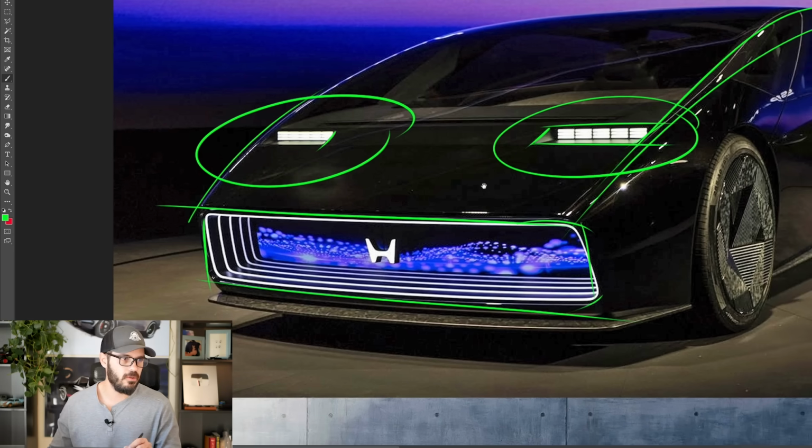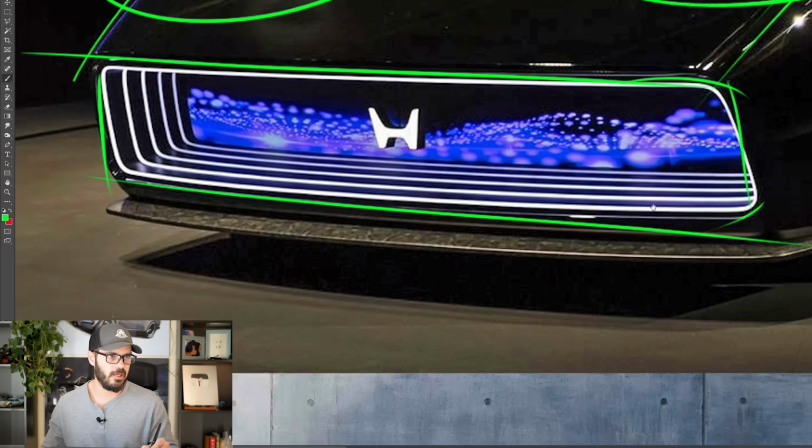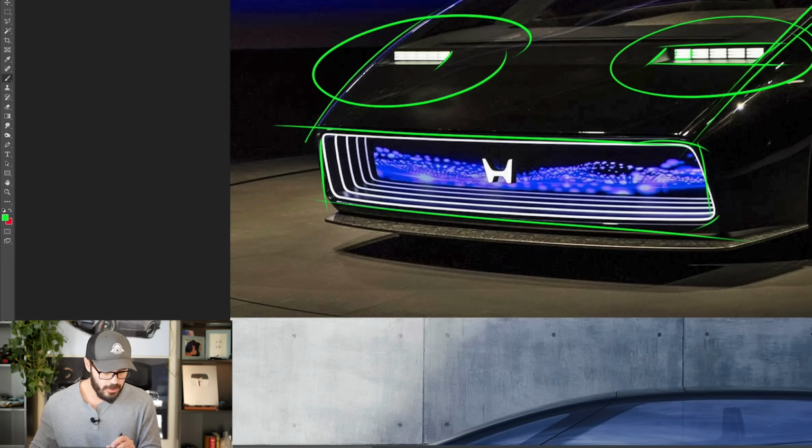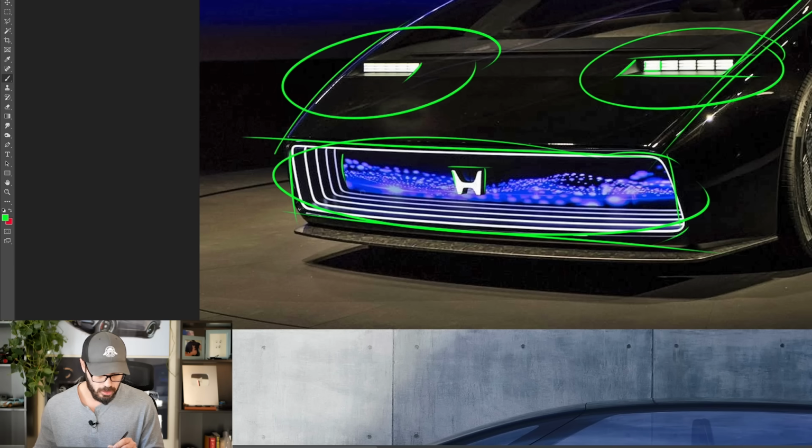I do think this is going to be a transition into other car manufacturers as well, because this looks almost like a sort of pixelated style here. Down here though, we do have a big, here is first of all the new Honda logo for the EVs, and then this entire section is a screen, I guess, because you can have all types of animations showing here